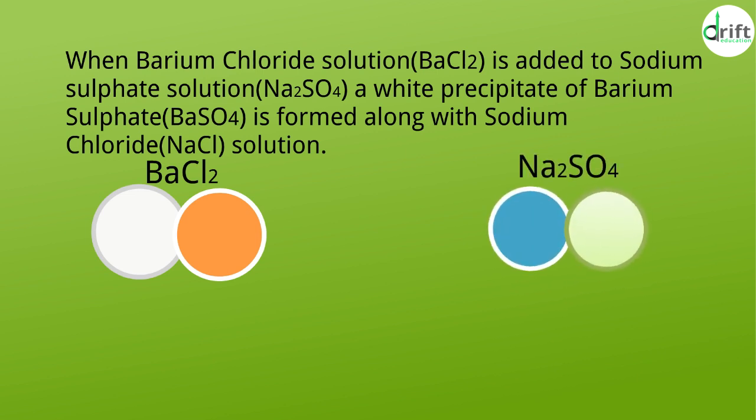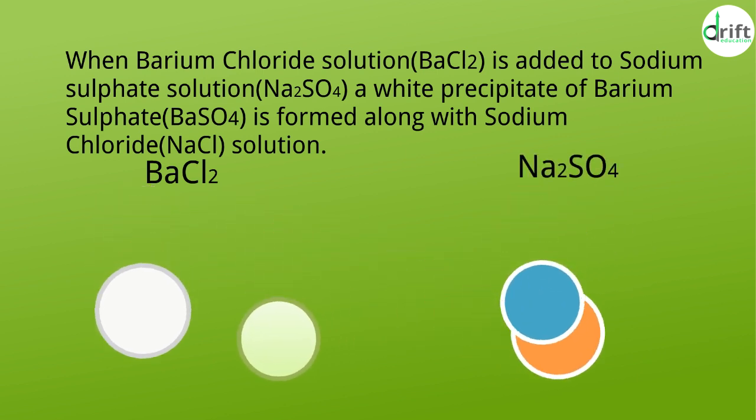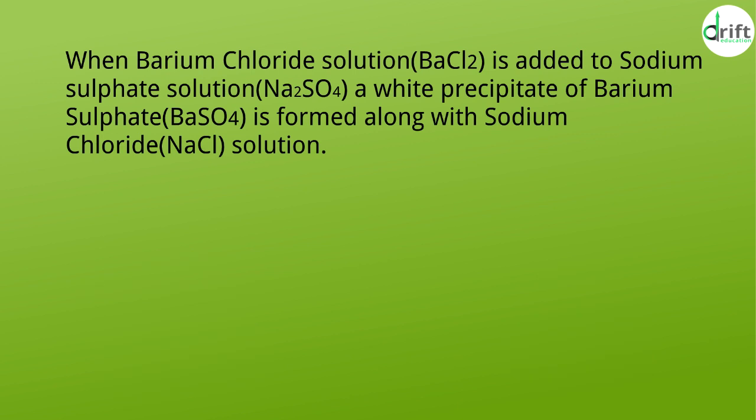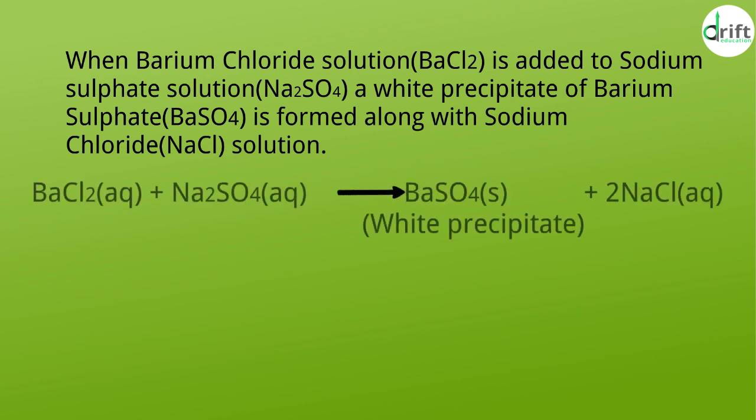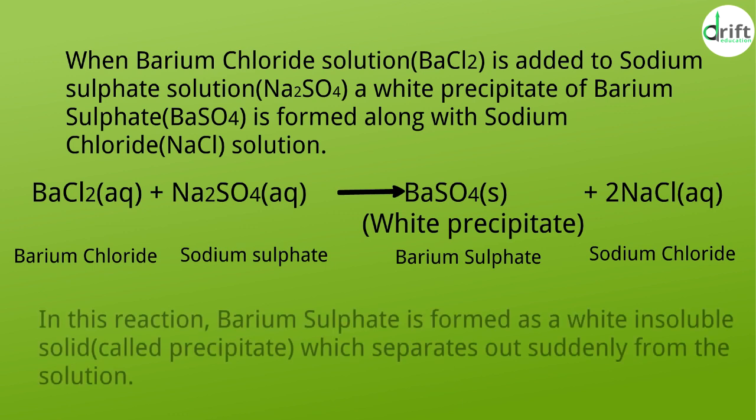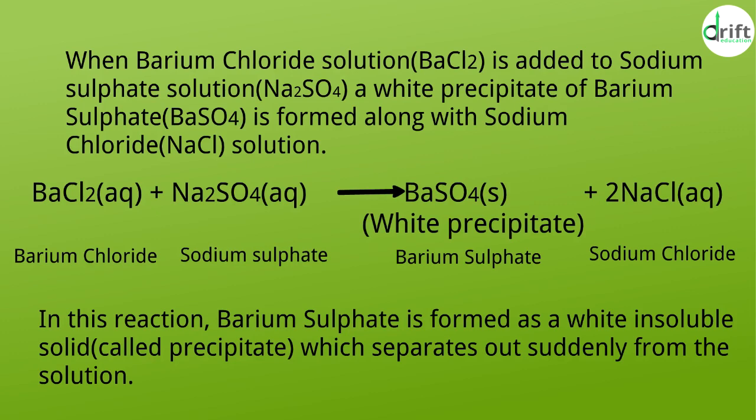white precipitate of barium sulfate, BaSO4, is formed along with sodium chloride solution, NaCl. BaCl2 aqueous plus Na2SO4 aqueous gives BaSO4 solid plus twice NaCl aqueous. In this reaction, barium sulfate is formed as a white, insoluble solid called precipitate, which separates out suddenly from the